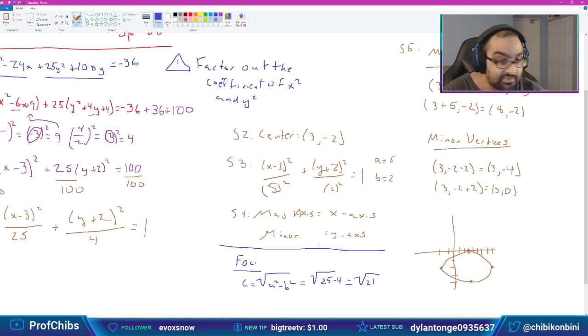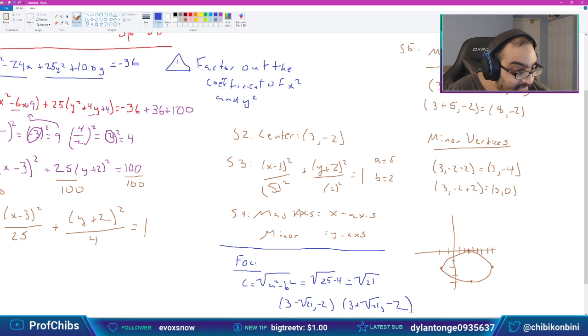Again, our major axis here is the x-axis. We're going to add and subtract the foci to the x-coordinate here. So our foci here are going to be, starting from our center, (3 minus the square root of 21, -2), and (3 plus the square root of 21, -2). And those are our foci there. I'll leave it to you to figure out, it's not really necessary to put on the graph considering they're whatever decimals, but they're on the inside of the ellipse if you tried. Check them